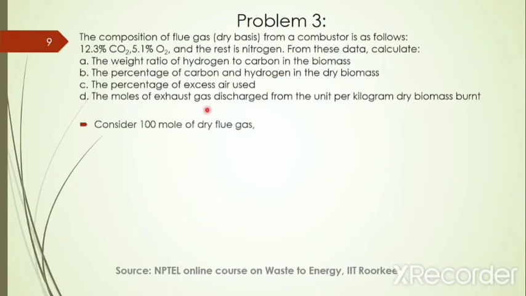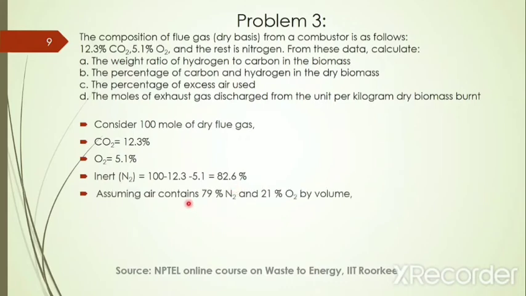So again here we have to consider 100 mole of dry flue gas. Just like the previous problem, where we considered 100 gram of biomass for our simplicity, here we have to consider 100 mole of dry flue gas. So in that, how much mole of carbon dioxide will be there? It will be 12.3. So 12.3 percent, that means 12.3 mole of carbon dioxide is present. 5.1 percent oxygen, that is 5.1 mole of oxygen is there, and the remaining is inert nitrogen. That means 100 minus these two quantities, 12.3 and again minus 5.1, that will be 82.6. So 82.6 is inert nitrogen,